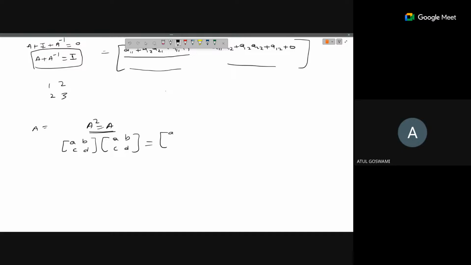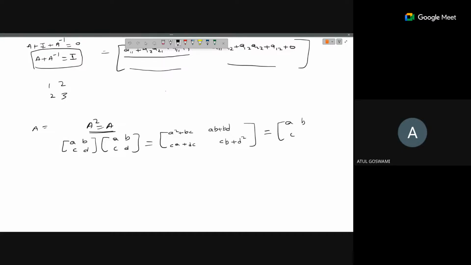A square plus BC. Okay, this is the first term, and the second term is AB plus BD, right? And this is CA plus DC, and this is CB plus D square. Okay, so this is A square, if it is equal to